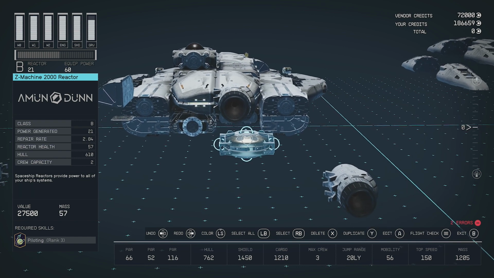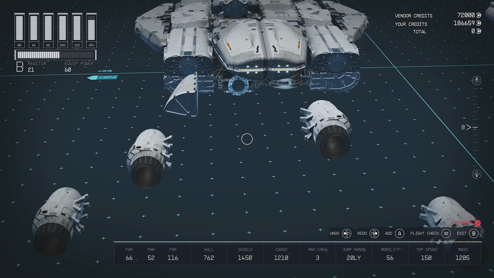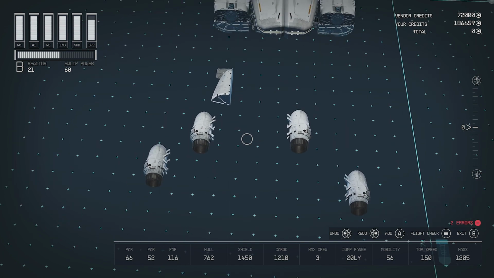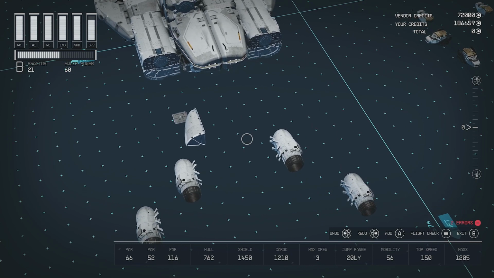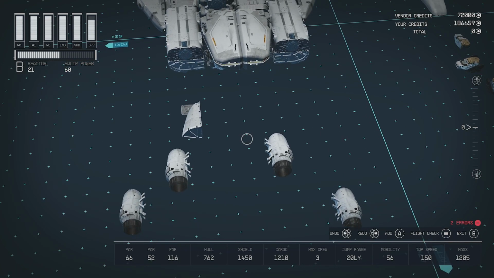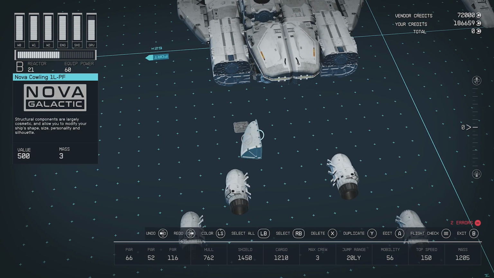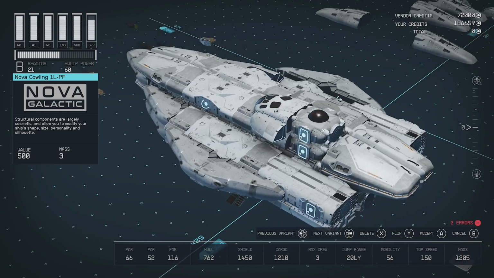So we grab this. I like that shape, and it fits underneath. There we go. And then I have my engines back here. If you kind of know about the look of the ship, the engines and everything are kind of in different locations. They're not necessarily all lined up really nice. So what I've done is that I've kind of offset them by a few pieces. I believe I put